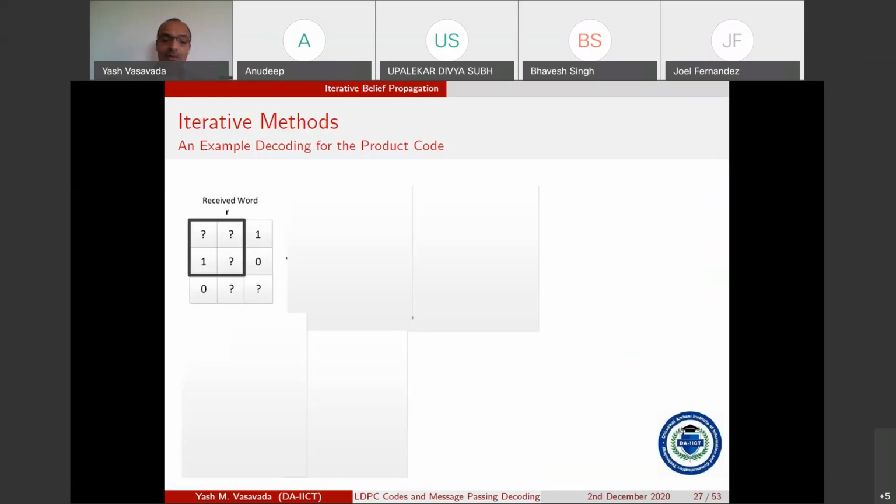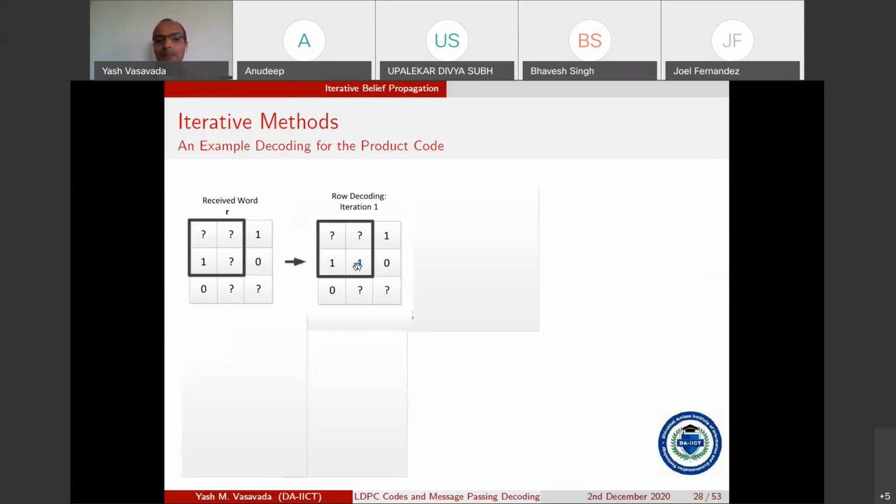1. It will change, the second element will be 1. Second will be 1. Third row, will it do anything? No, sir. No. So after row by row iteration, we were able to